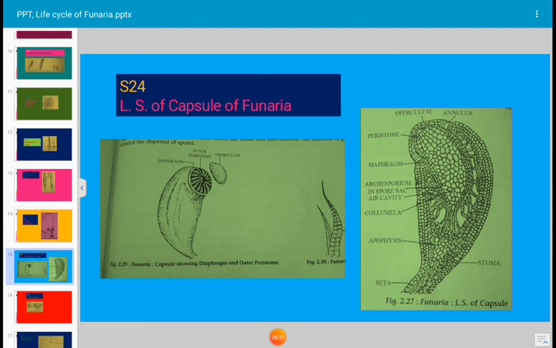The peristome has 32 teeth arranged in 2 concentric rings of 16 each. A characteristic feature, 32 peristome teeth are present. Both the sets are on the same radii and hence opposite to each other. The apical end of teeth in the outer set converge towards each other. Often the outer ring of the